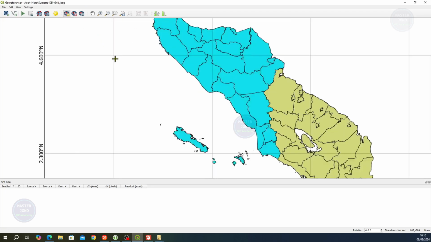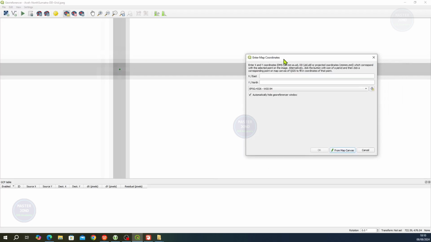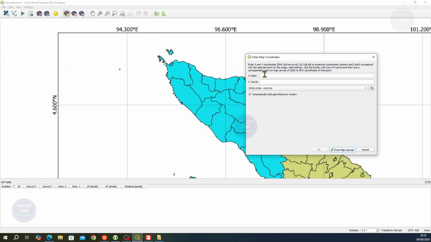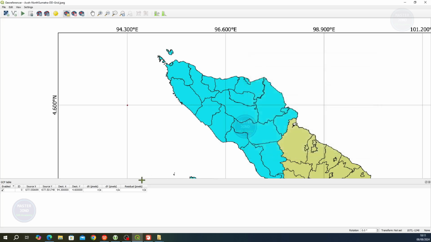point, and we scroll in and click approximately in the middle of the intersection here, and the enter coordinate dialog appears. Just put this number as X or east here, east 94.3, and the north 4.6, and click OK. We will see the first point is entered,